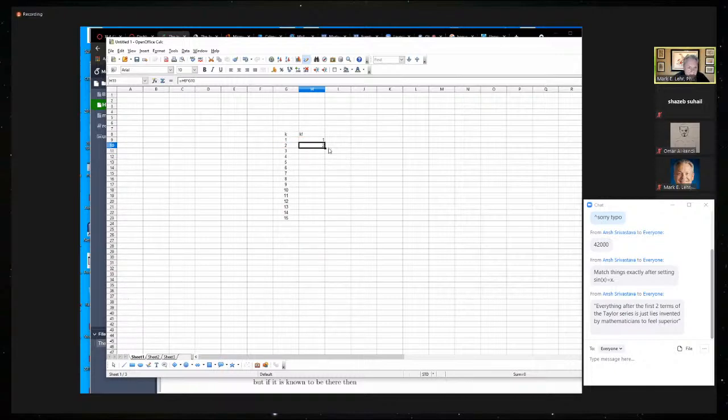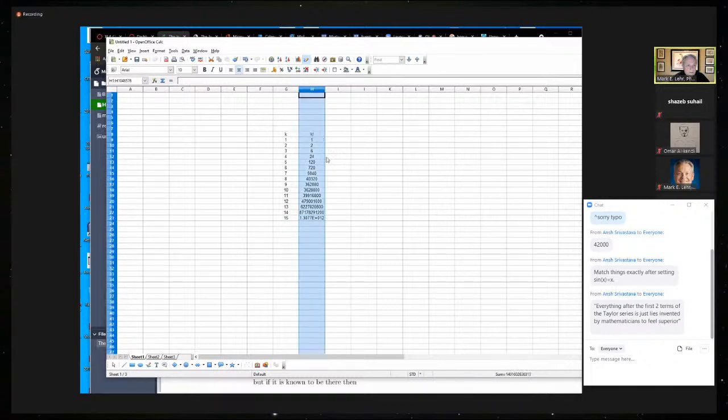And then I'll just copy that formula down and we'll have the factorial. So 5 factorial is 120 and on down the line. And then, of course, what we got here is we just said that, basically, if we compare 2 times that,